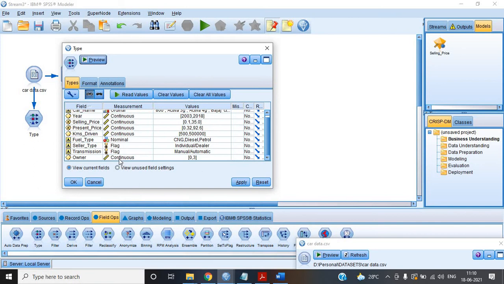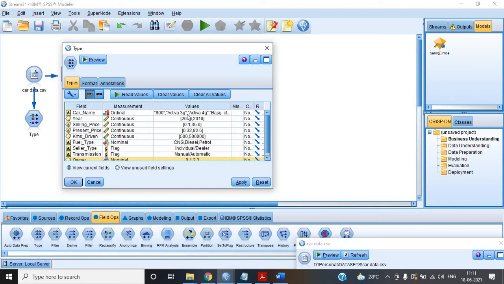Like that only. So it's not continuous. What will it be? Yes, it will be nominal. So let's change this to nominal. Okay, we have seen here it comes 0, 1, 2, 3. It's nominal data.